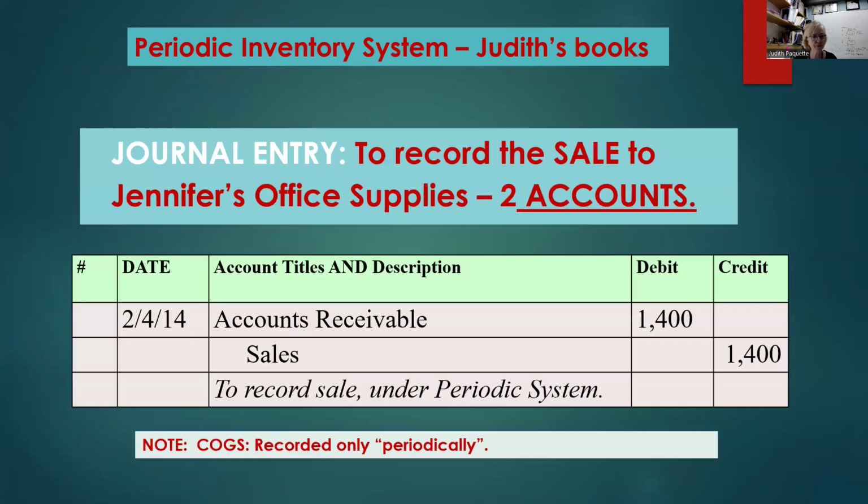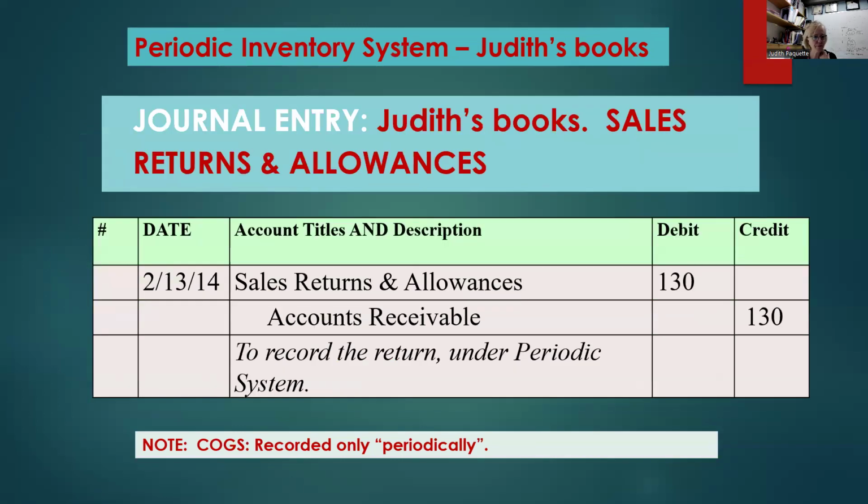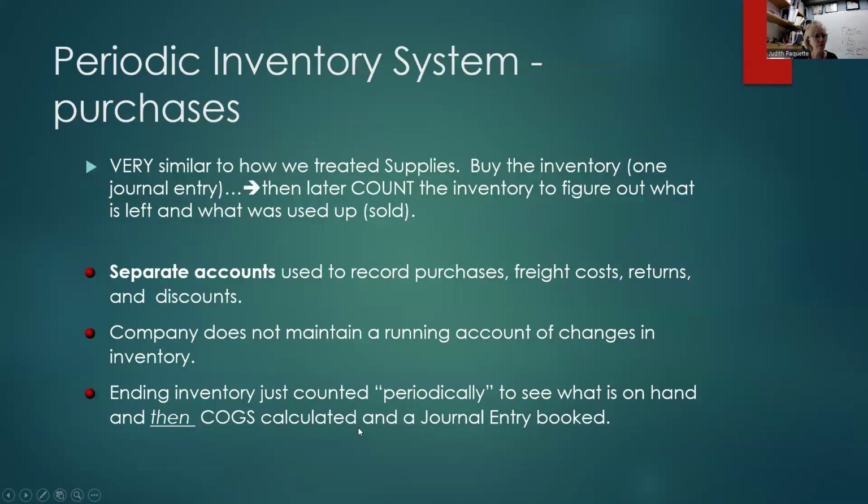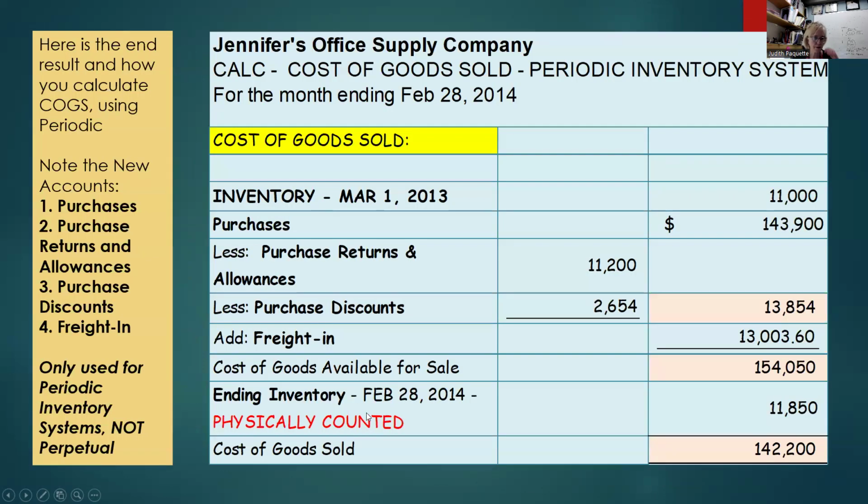So let's look at it on the sales side. So here, if this were periodic, you'd only book the first two lines. You wouldn't track on cost of goods sold and inventory. Here's that return. You're only tracking the first two lines. They're the same for both methods, but in periodic, you're not tracking inventory and cost of goods sold at the point of sale. You calculate it later. And then this is exactly the same. No, let's go look at this. So